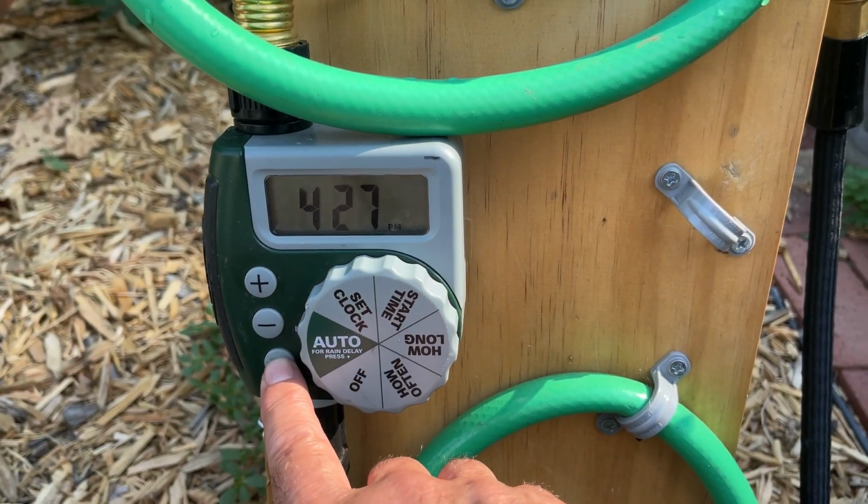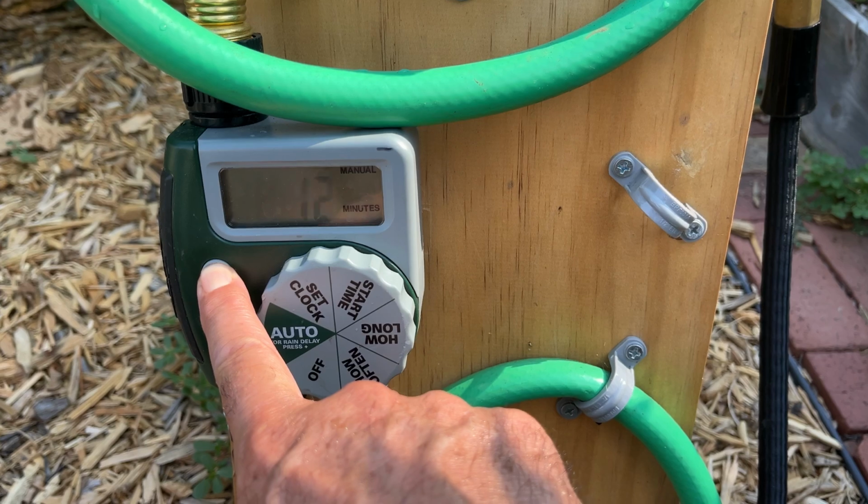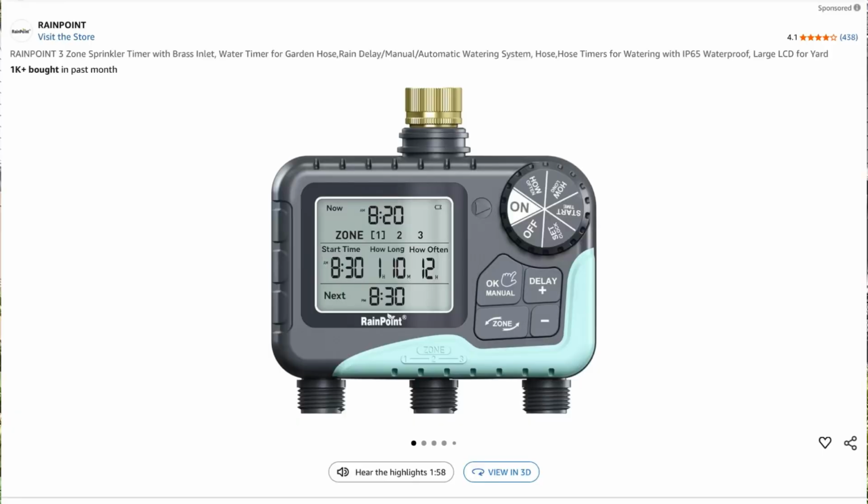You know, I use this cheapo $10 one to manage the drip irrigation on my perennial beds. You've seen me use the digital one on my vegetable garden irrigation system, which for what I'm using it for, I could probably use this one, but I already had that one in the garage, so I just used it. There are also other more expensive multi-zone, multi-hose models, but I don't have a need for that in my garden,